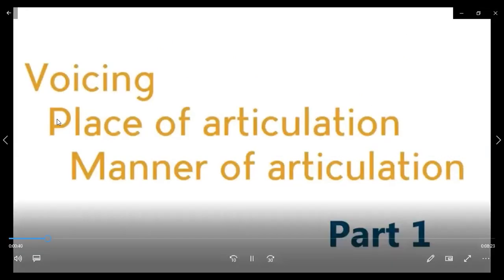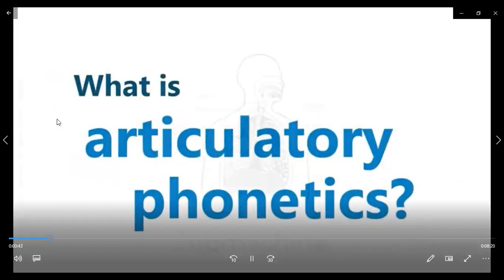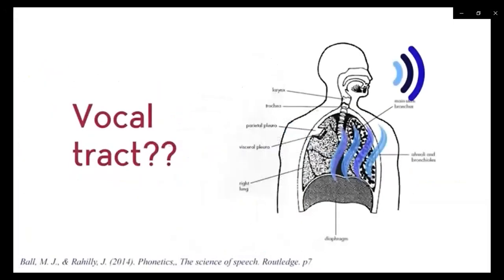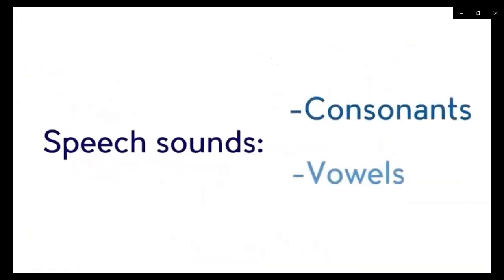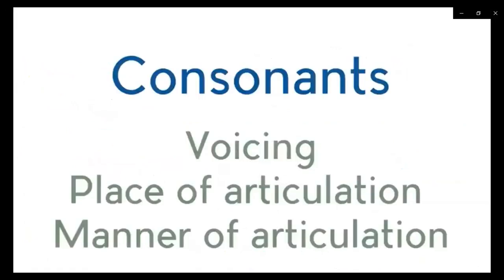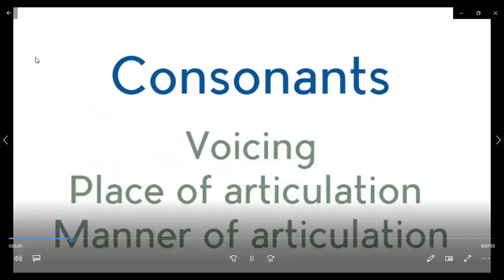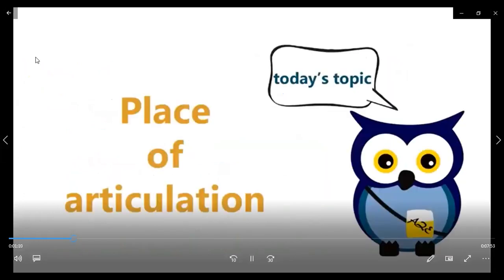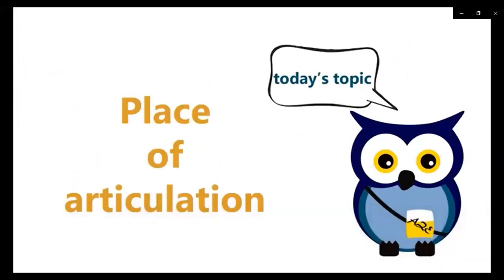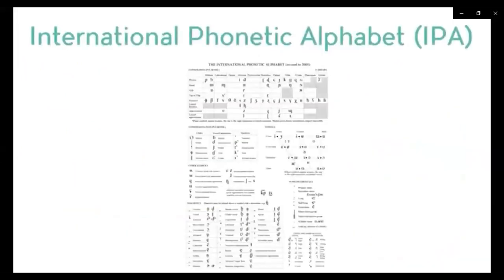So in the previous video, I talked about articulatory phonetics. We divided the sounds into two groups, consonants and vowels, right? And then we tried to focus on the consonants for the time being, for which we need to know three features. The first one is voicing, the second one is place of articulation, and the third one is manner of articulation. So today we are going to focus on those a bit more by focusing on the table of consonants